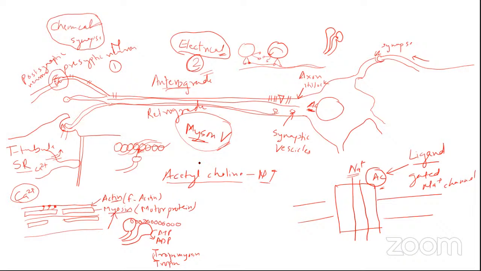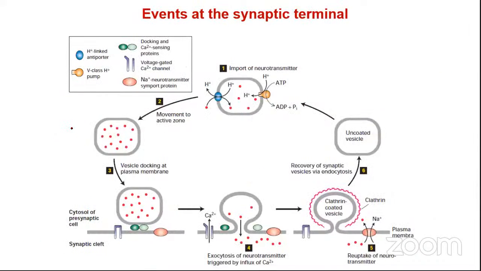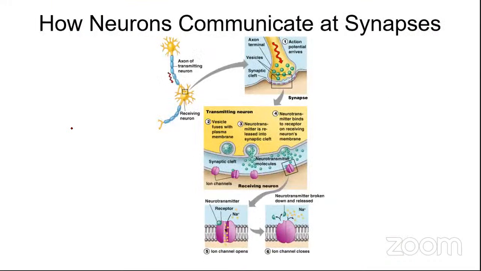Yes, sir. Okay, so the next step is where, by hook or crook, suppose you have got the synaptic vesicles here at the axon terminus. Now they need to execute their function, and let's look at how that happens. I will come back to this slide just a bit later. We will first talk about what is happening at the synaptic cleft, and then perhaps you will understand how the vesicles actually get emptied at the synaptic terminal.